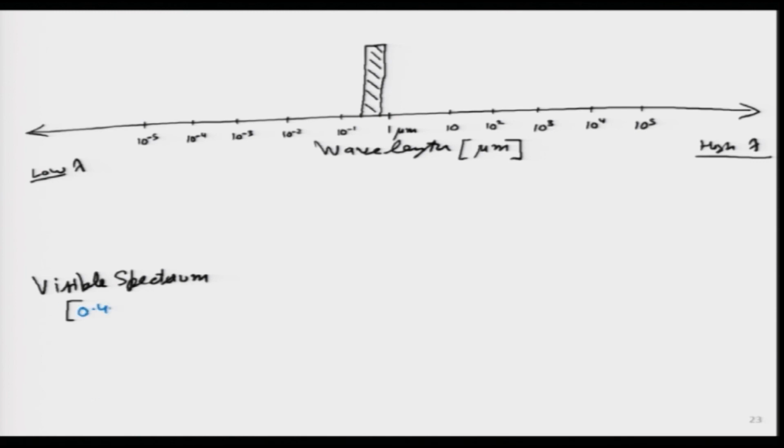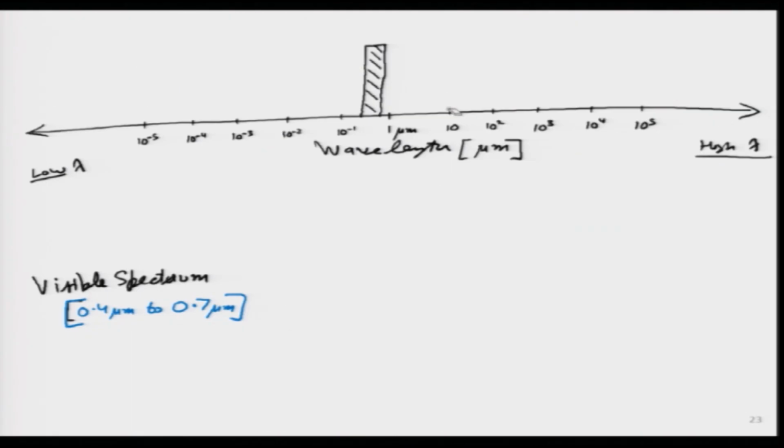A lot of animals, reptiles and other organisms do not share our visible spectrum; they can see very well in another spectrum. Believe it or not, there are certain reptiles which can actually see in this spectrum over here. They can see in the 10 micron spectrum, which is very bad for us, although they use it for sensing prey, because 10 microns is the spectrum in which our bodies are actually emitting at the peak. So, let me erase this part.